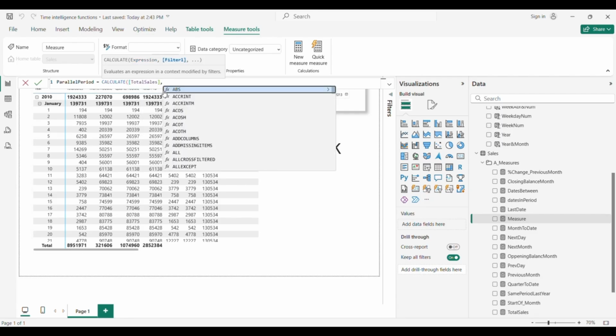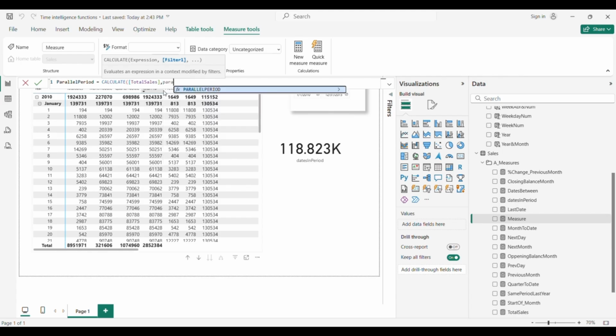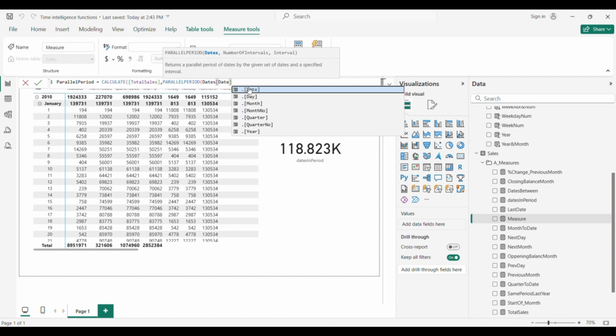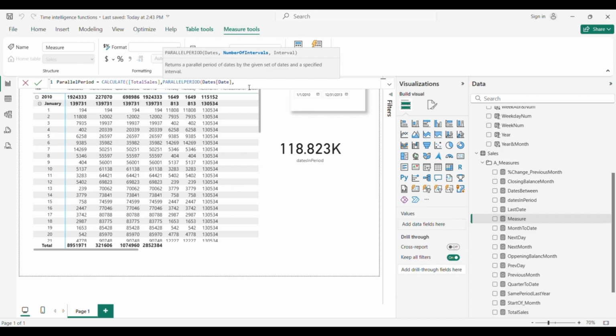Okay, and we just enter the function parallel period, and we just need to add our dates inside, and the number of intervals that we want to check the data. So let's say -1 month and close parenthesis.